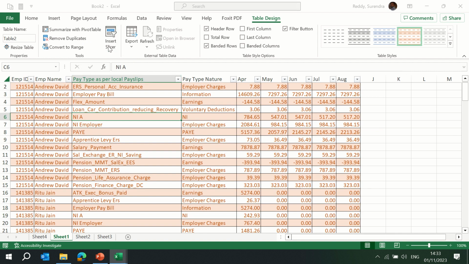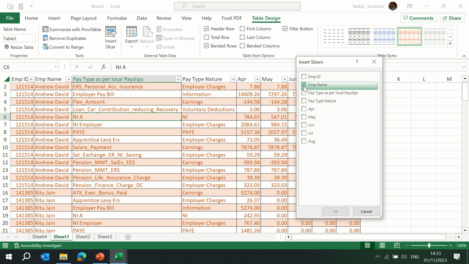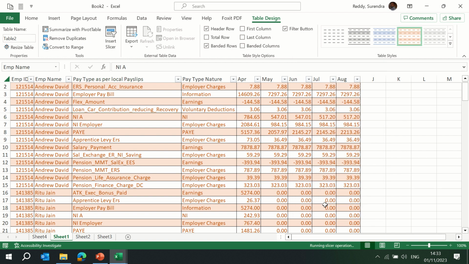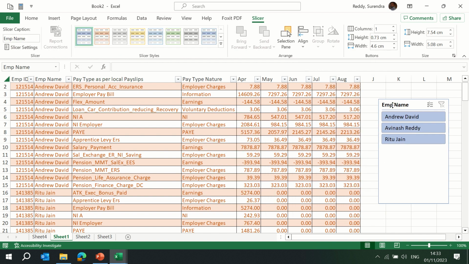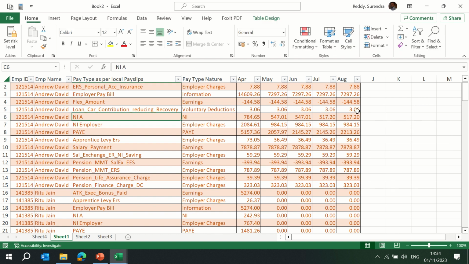And if you wanted to insert a slicer, similar to how I showed you how to insert slicers in the pivot table, here we can insert slicers as well. In the normal text format you cannot insert any slicers, but we can insert slicers using this beautiful option, format as table, create a table. So the next option we have under table design,